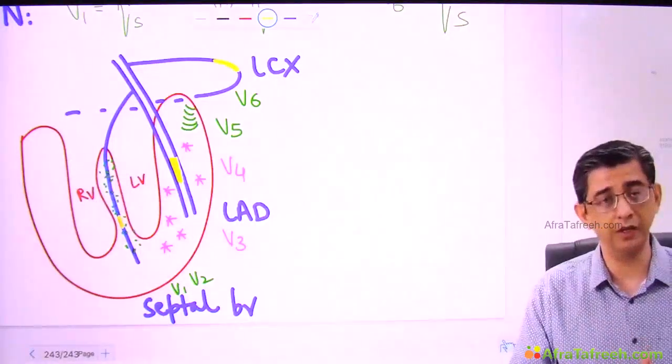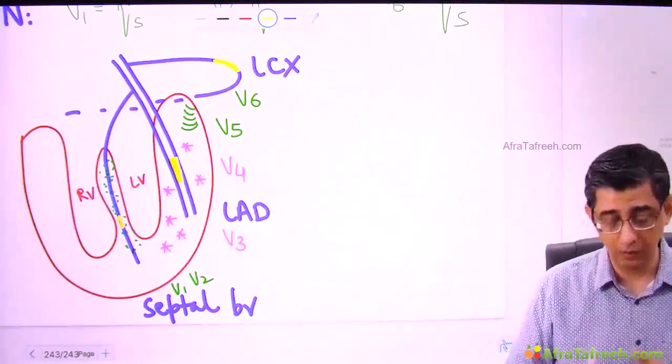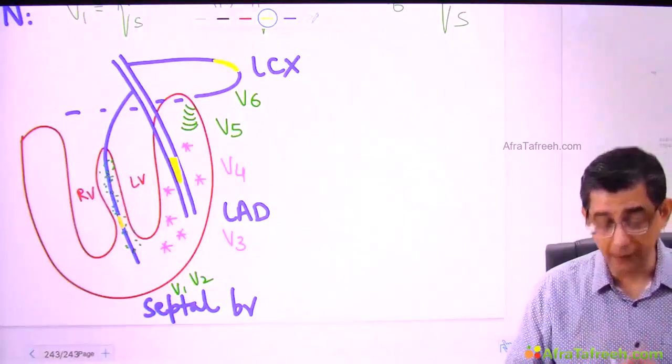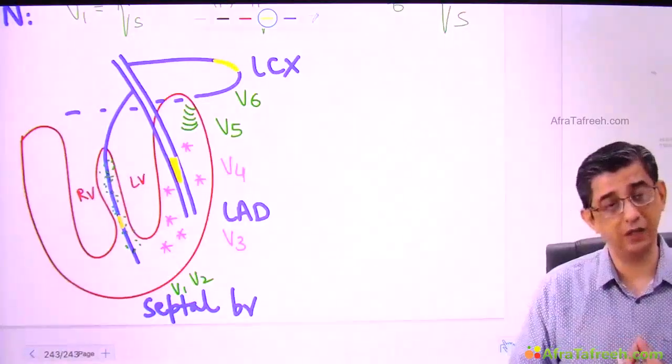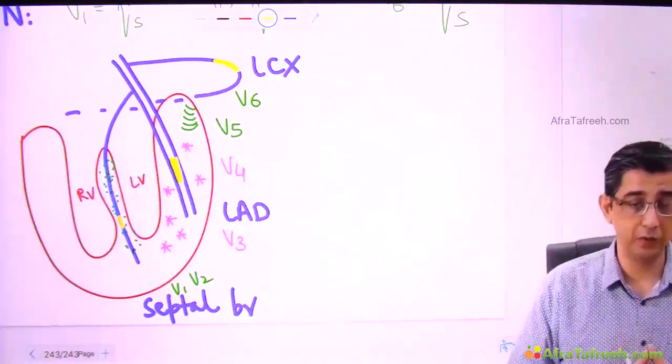See, septum is also anterior, V3, V4 anyway going to scan the anterior surface, but V1, V2 is also going to be evaluating the blockage in the LAD. But if it is lateral wall MI, then in those circumstances, the left circumflex artery is the one that is involved and electrodes V5, V6 will be able to scan it.